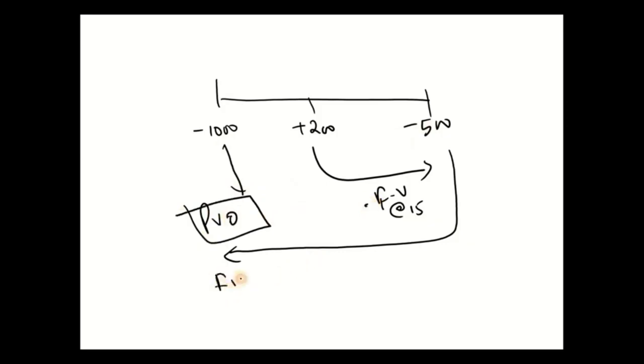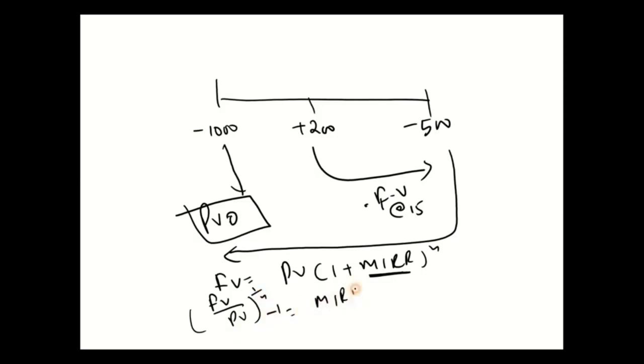Once you get this, what is the formula? Future value is equal to PV times (1 plus MIRR) power n. We want to find this one, so what do we need to do? Future value divided by present value, power 1 by n, minus 1, is equal to MIRR. If you adjust it, you will get this answer. Okay,